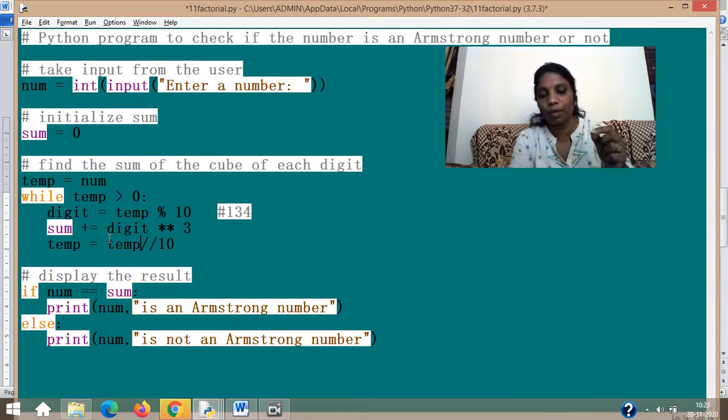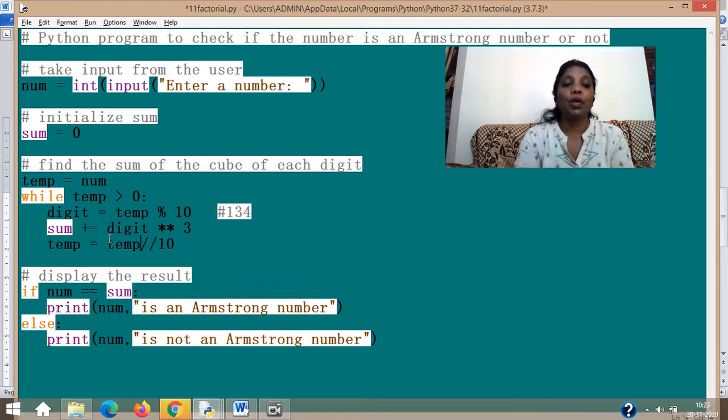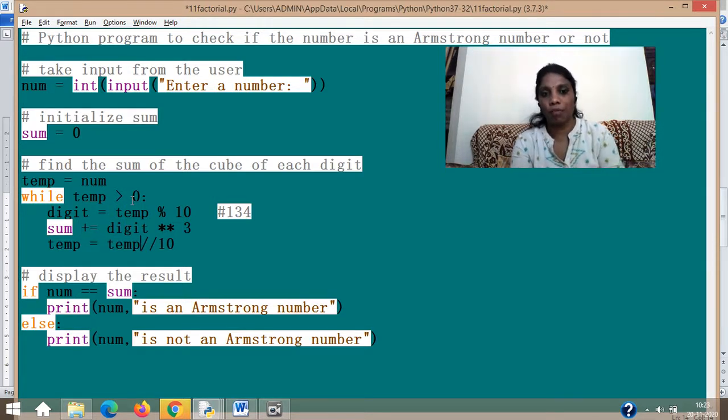Okay, you went there, which means you went back to the loop, so you will check temp greater than 0. That is 0 greater than 0. The condition is not satisfied. Your loop stopped. You come out, and you will check num equal to sum. Why num? We cannot use temp because temp got reduced to 0 now. That is why we purposefully stored num's original value into another variable and used that variable for the iteration process. Num is still having the original number. You are checking whether num's value is matching with the sum value, where you store the sum of the cubes of the different digits. If it is matching, you will print it as an Armstrong number. If it is not, it's not an Armstrong number.